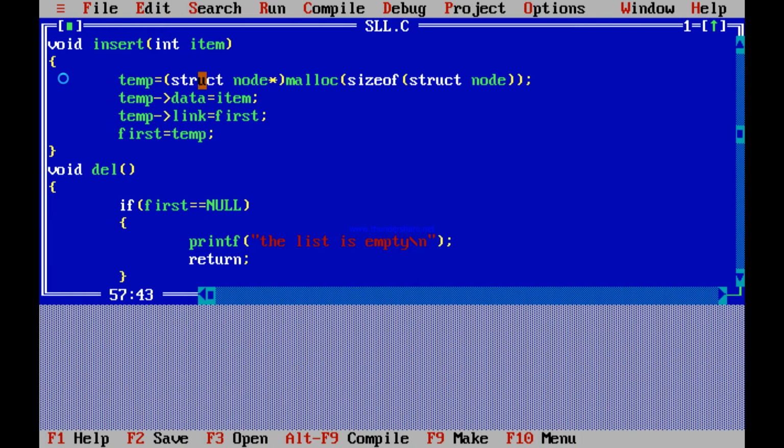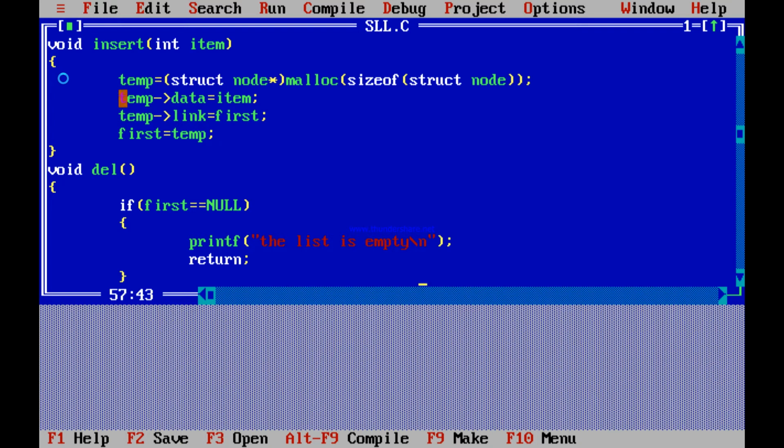So temp is equal to struct node star. Now malloc, we are using malloc so that we use dynamic memory allocation to allocate the memory to our data, to the node. So it is malloc and size of struct node.